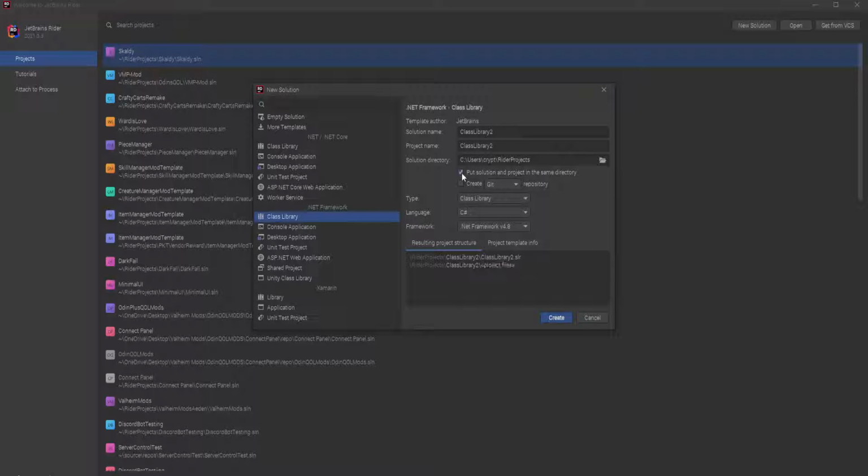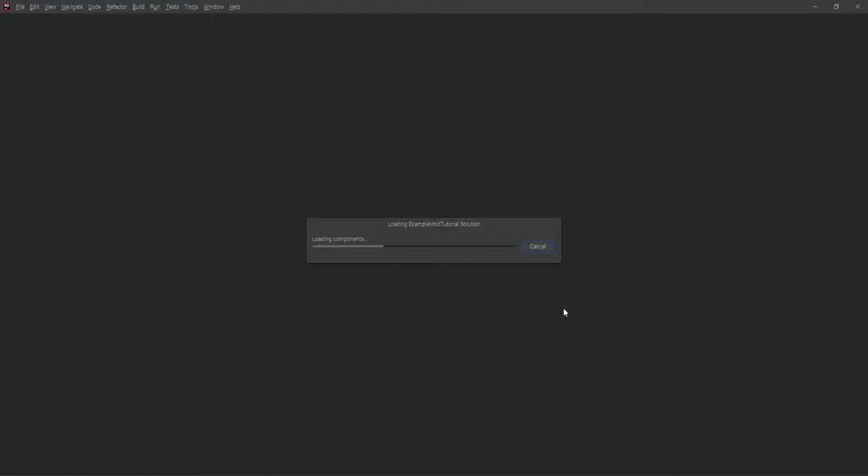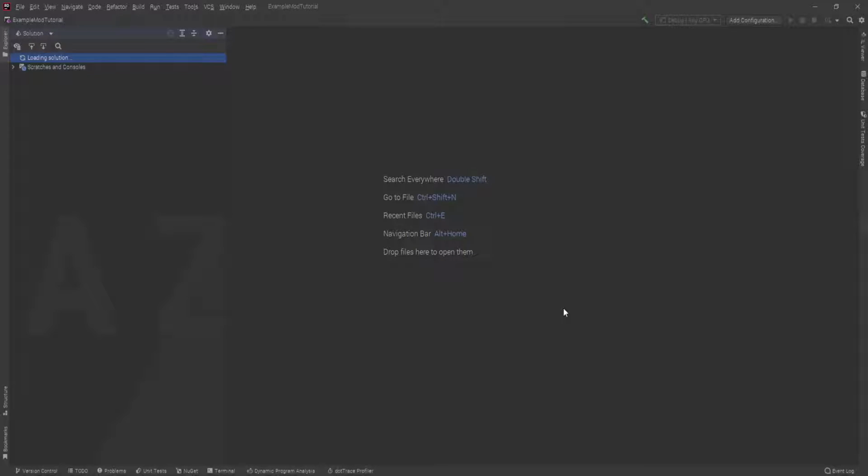You can choose to, I always select this. I like having my project in the solution, whatever. Name it, I'm going to say example mod tutorial. Okay, and I'm going to say create. So when we publicize our assemblies, whether you're using Assembly Publicizer or the new method that I have, which is a nice little plugin,